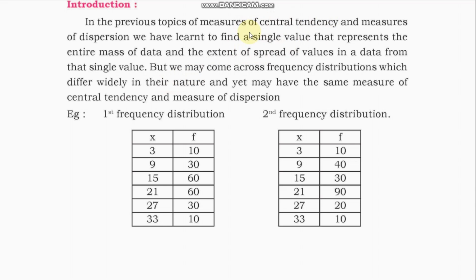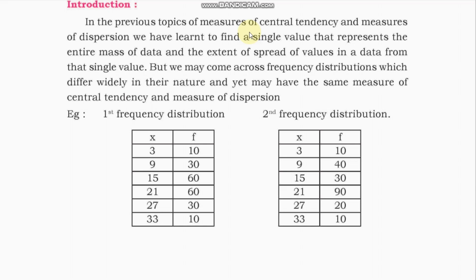to check to what extent the observations are spread in the given data. But we may come across distributions which are very different in their nature, yet their central tendency value and dispersion value are the same. So when we can't decide which data to select on the basis of central tendency, then we check the spread of the observations among the data, and upon that we decide which data should be selected. What if two distributions have the same mean value or central tendency value and the same dispersion value